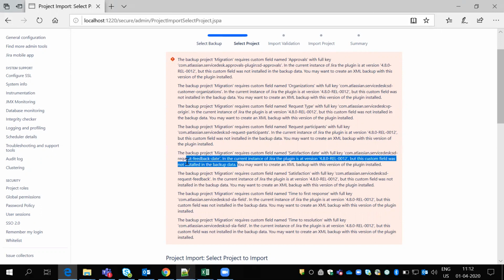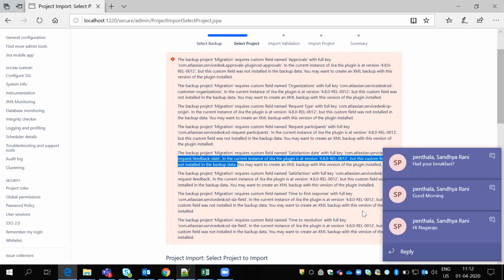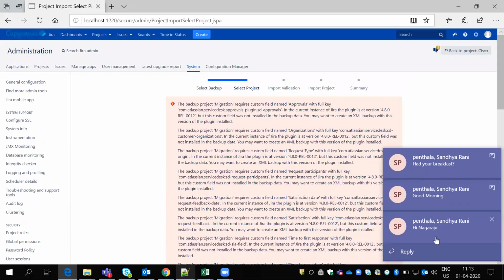That custom field does not come into the backup. You may want to create an XML backup with this version of the plugin installed. Every place it shows the same error. Even if you resolve that as well, this way has not been working for the last 8 versions.